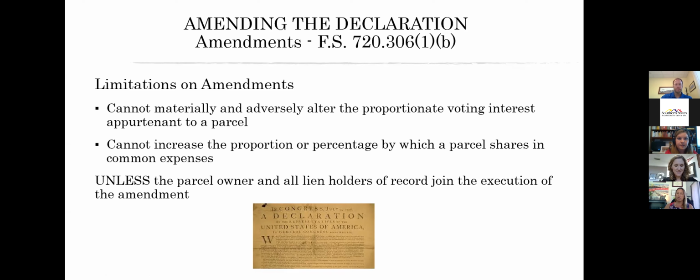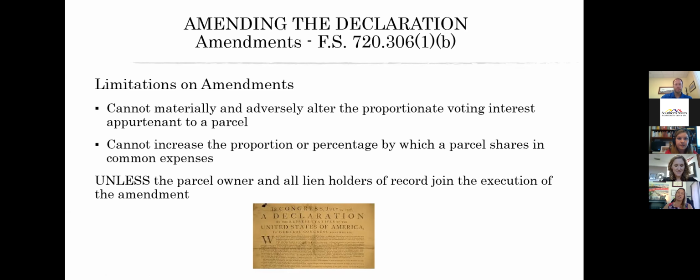So the only 2 limitations by statute to your amendments are any amendments that might alter voting interests or that might increase an owner's percentage share of the common expenses. And so if you are making an amendment to your declaration that does either of those, you must have the consent of the affected parcel owner and any mortgagee that owner may have.